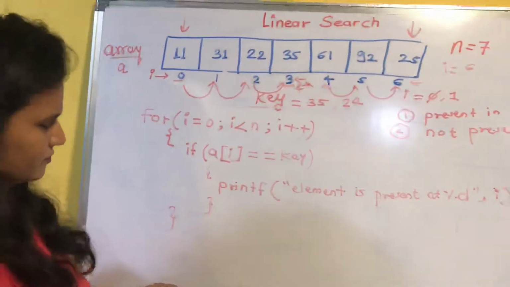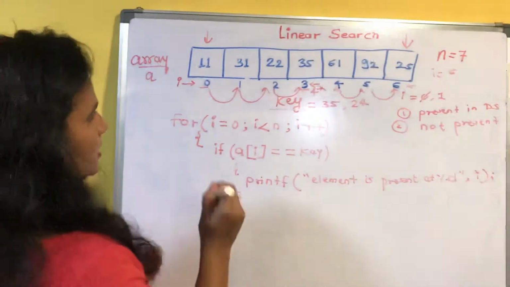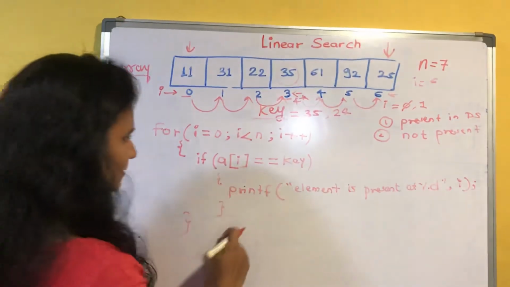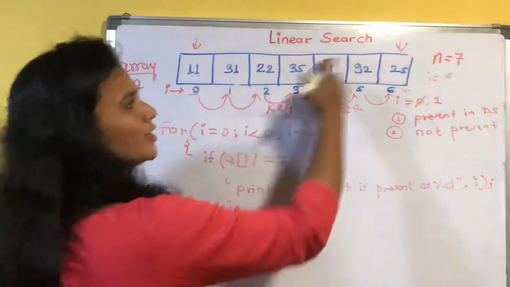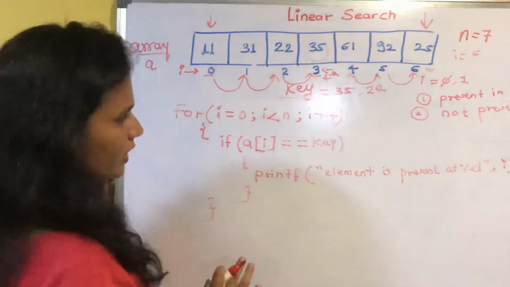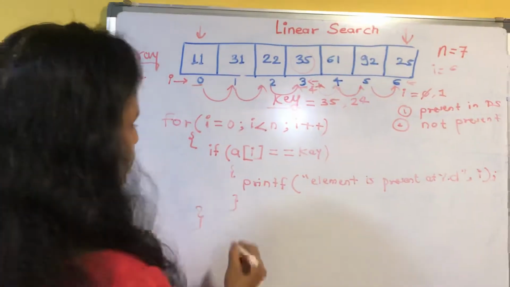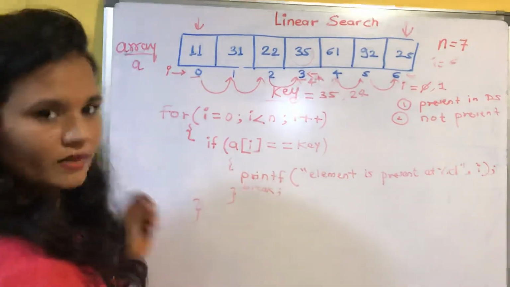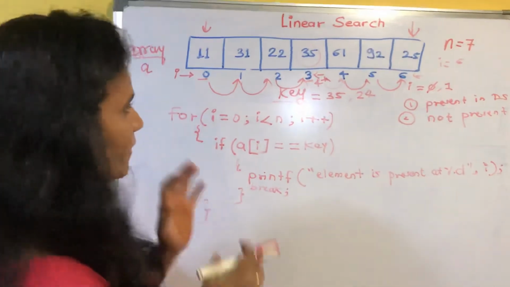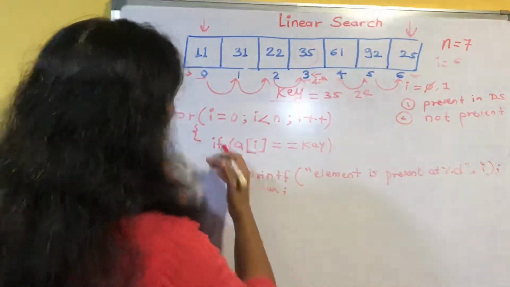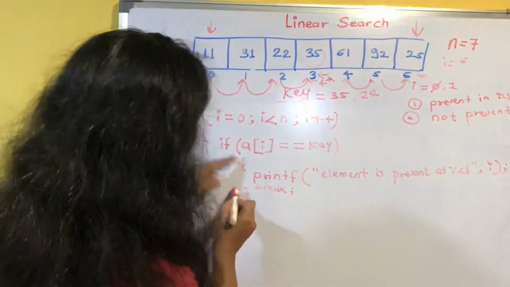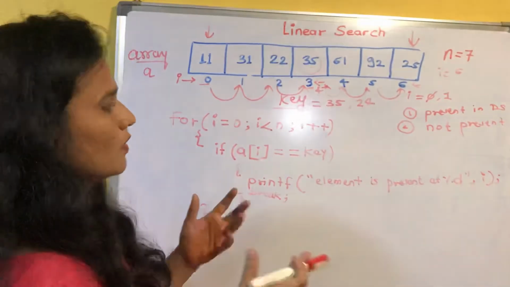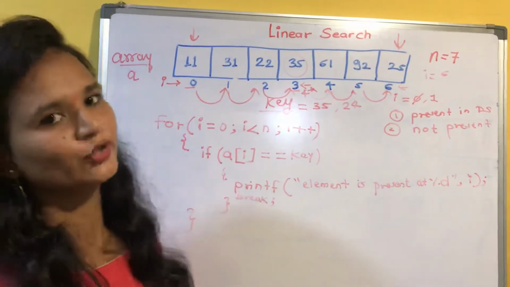Now see, one problem is there. If you get your element, that is your data, still the for loop will keep executing continuously till the end. We don't want this to happen. So what we will do here? We'll write a break statement. What happened because of break? When you found the element, you will get out of the if and out of the for, because there is no point in searching when you got your element in your data structure.